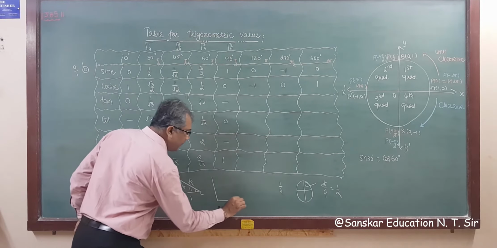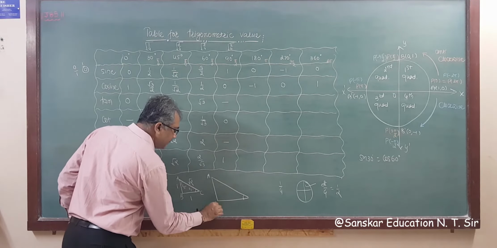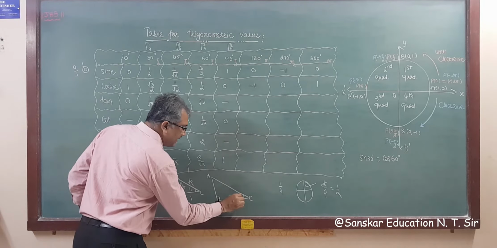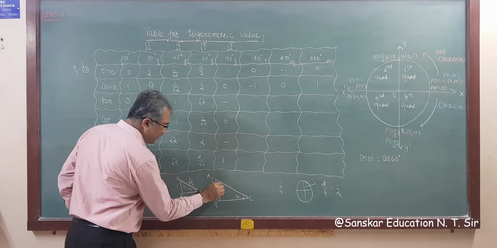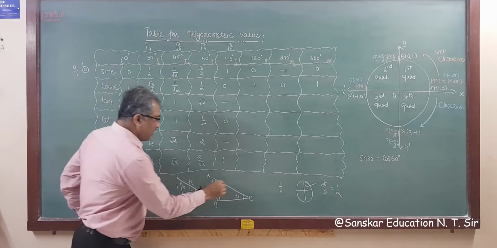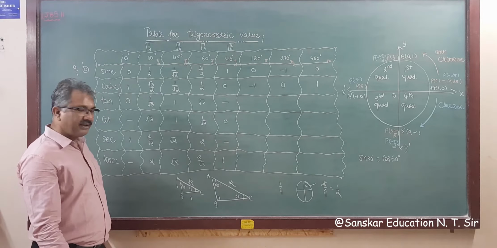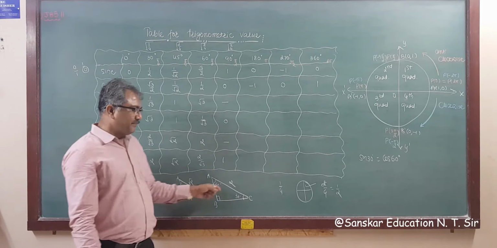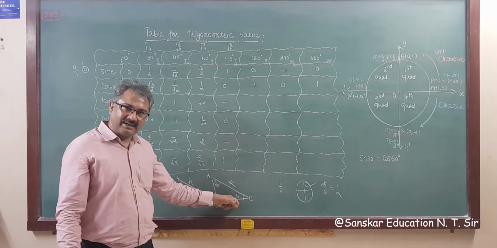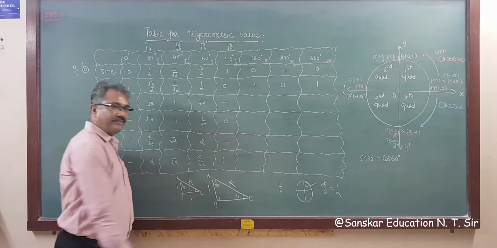Now suppose we take this right angle triangle ABC, in which angle B is 90 degree. Suppose we take this as a 30 degree, then this must be a 60 degree. Both of these are 45 degree, right? Now we take the length of hypotenuse as 2. Then you know, this angle is 30 degrees, then side opposite to 30 degrees is half of the hypotenuse, that is this is 1.